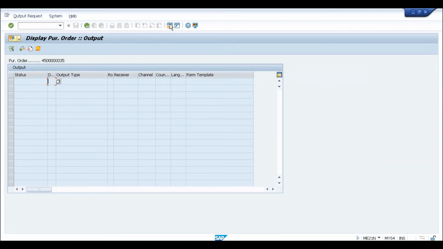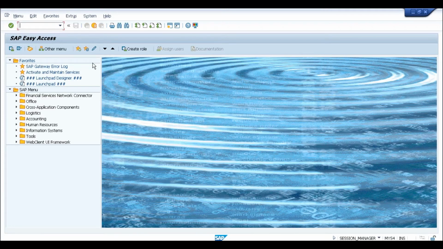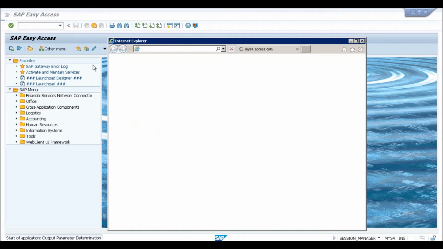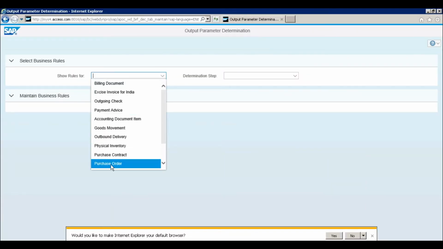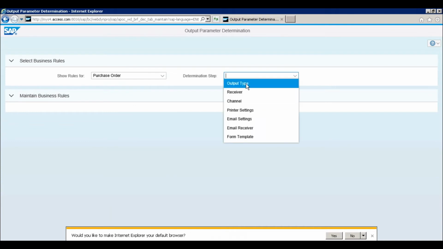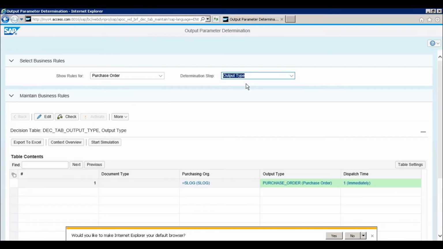Because if I open transaction OPD, going to purchase order, I want to determine the output type first of all. Here I can see that the document type can be anything, any document type I create, and if my purchase organization is slog, in that case this should be the output type which is automatically determined, but it is not getting determined now.